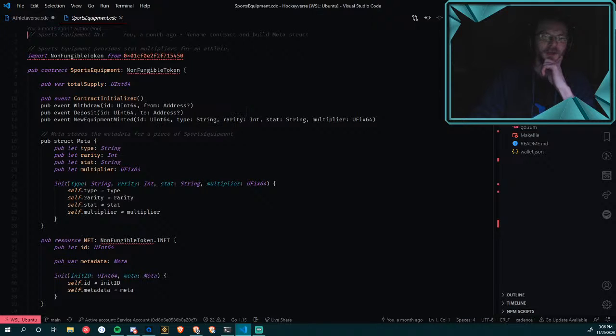So how am I going to control that? What stat does this piece of equipment belong to, and what multiplier? The idea I have in mind is that the athlete would have a base set of stats, and then based on the quality of gear that they're wearing, there would be a multiplier that would increase. I don't think we'd debuff stats, but I think we'd increase those to a certain point.